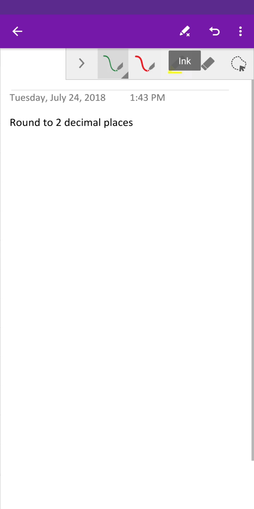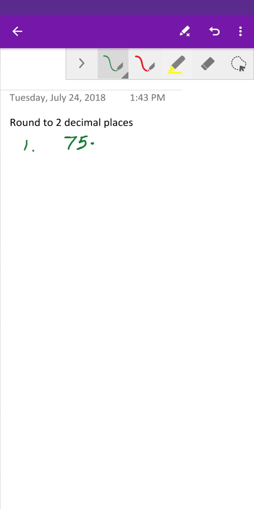In this lesson we're going to be looking at rounding a value to 2 decimal places. Let's have a look at any number which might be an answer out of our calculator. Say it might have been 75.03956, etc. Now if this is the number and we're asked to round off to 2 decimal places, well, the